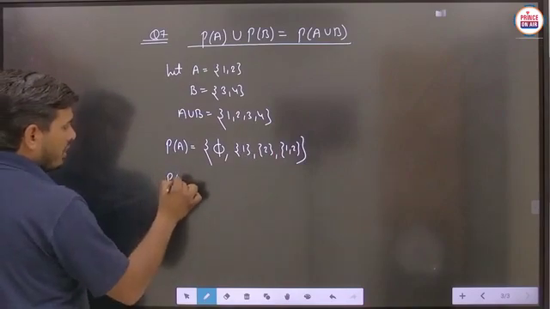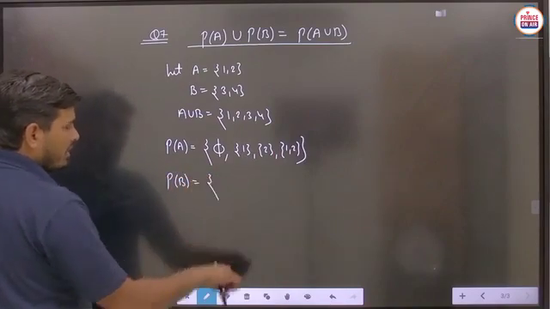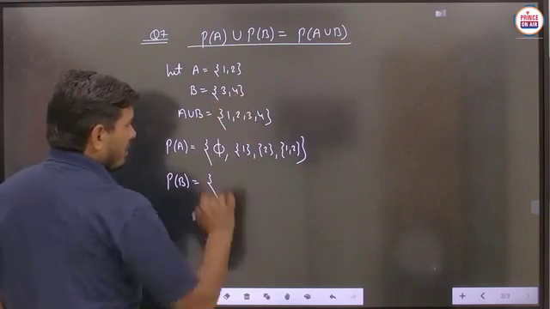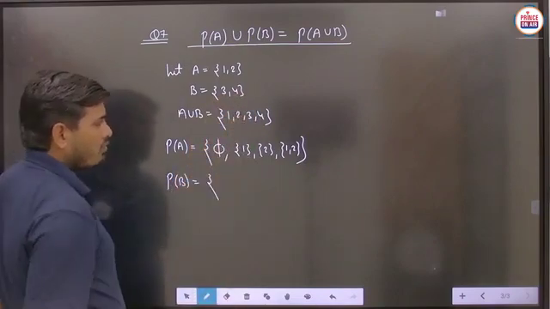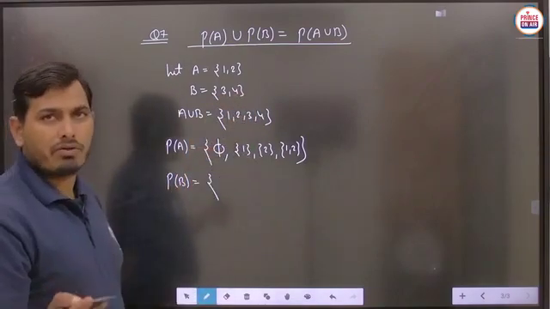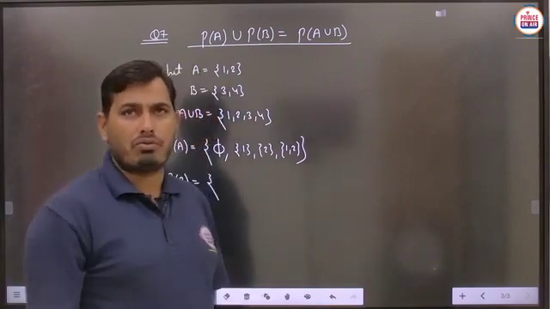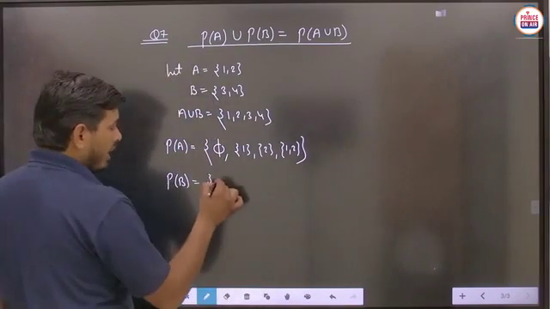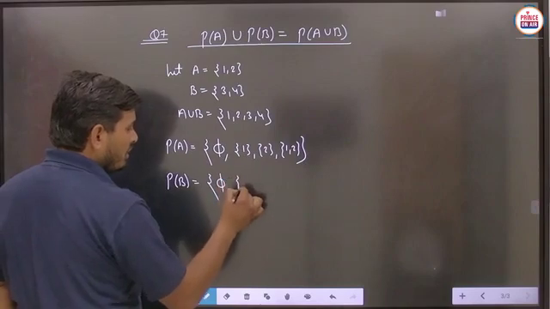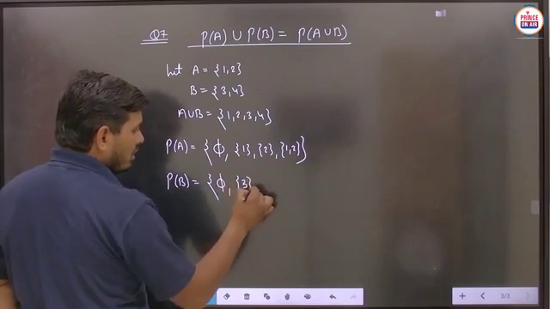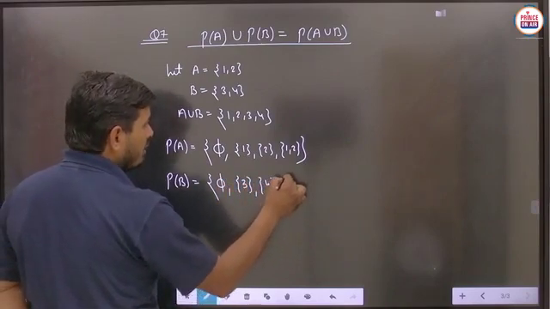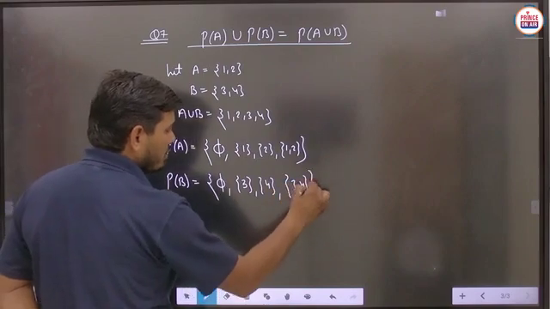Similarly, you can easily calculate the power set of B. In this particular part there are again 2 elements. So again the total number of subsets will be 2 raised to the power n, meaning 2 raised to the power 2, that is 4. So if we write all the subsets of this B, then this is the empty set, this is {3}, here we have to write {4}, and here we have to write {3, 4}. Is it clear?